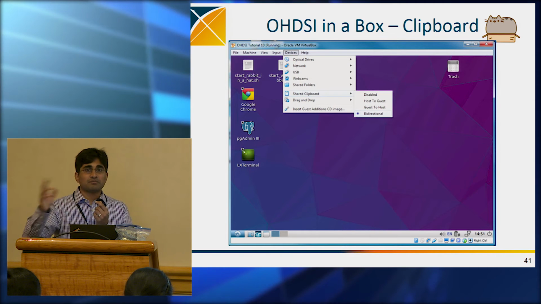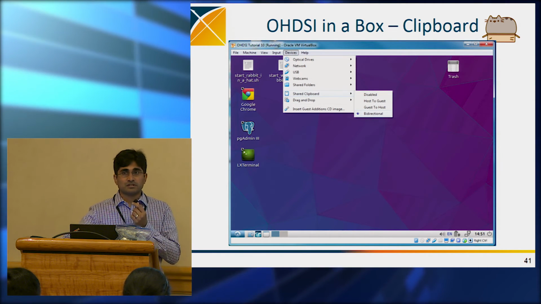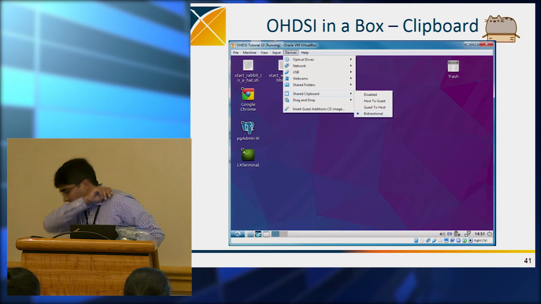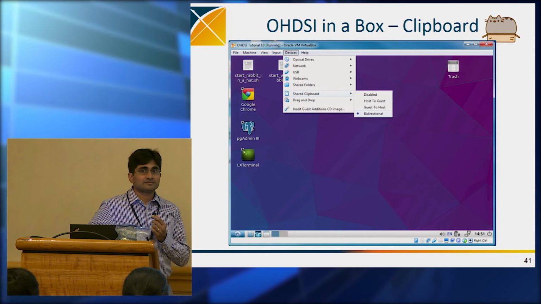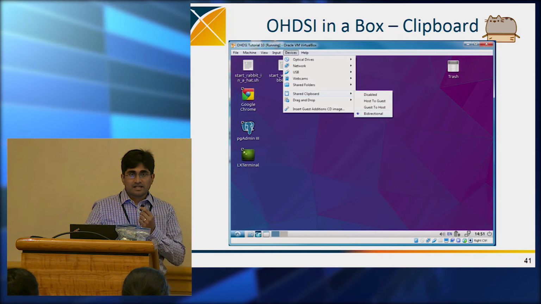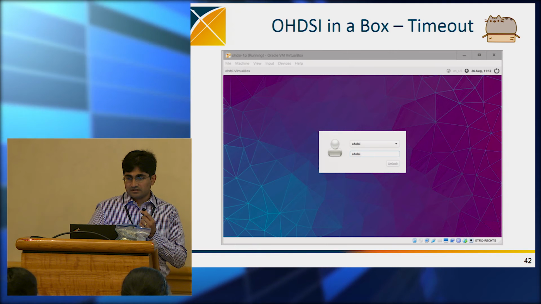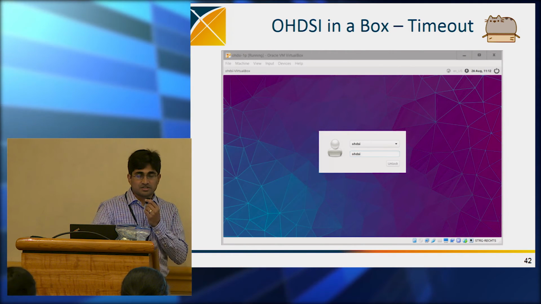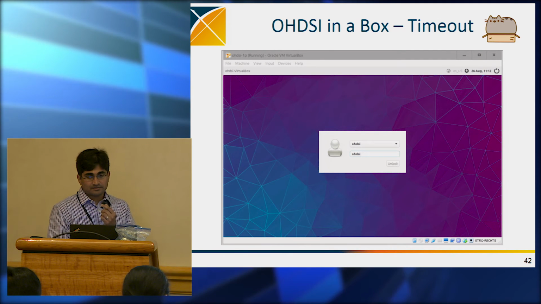This should allow you to copy and paste between your host machine and the virtual machine. And again, this is the username and password in case you get locked out.